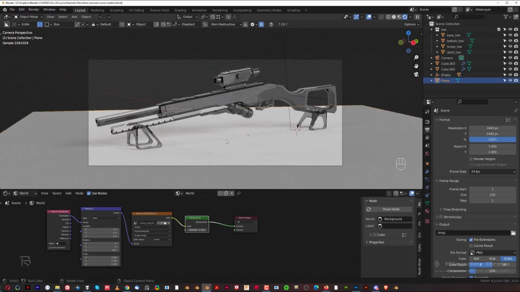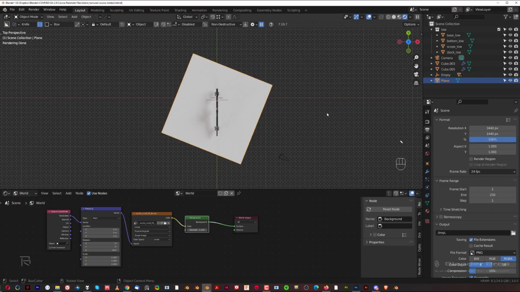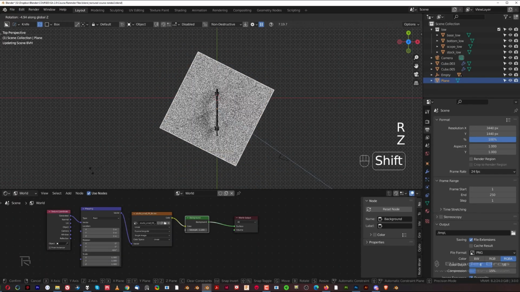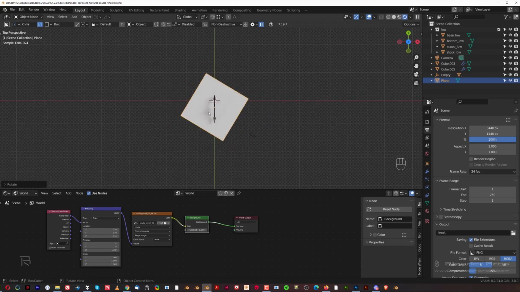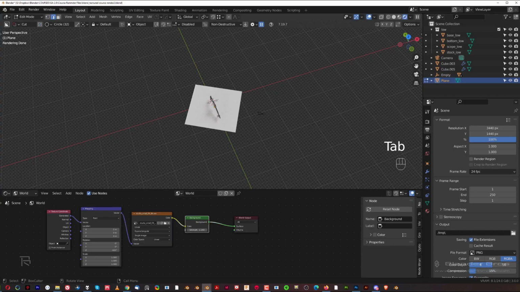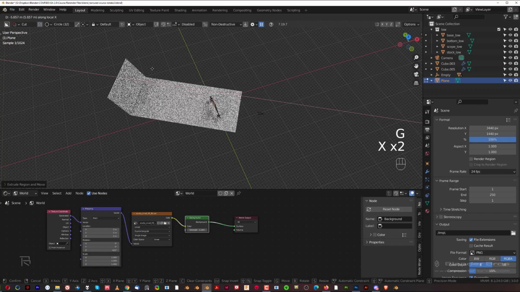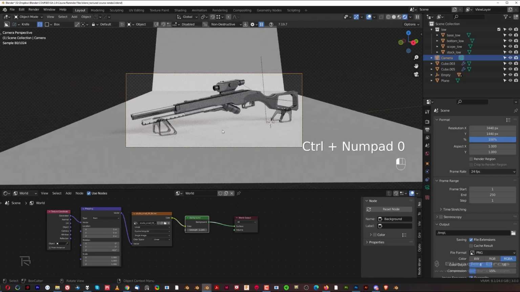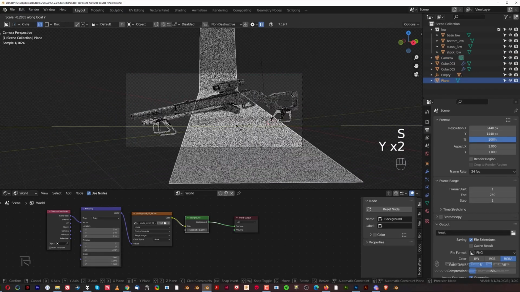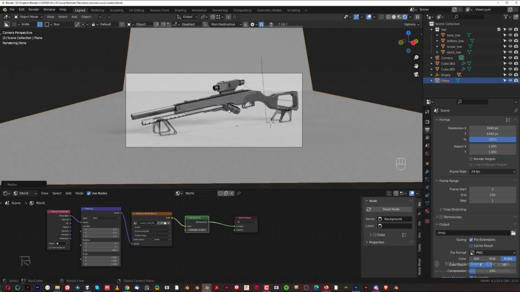Okay, so now the background, we need to extend it. First of all we need to align it to the camera. So RZ, and align it to the camera, so it's more or less perpendicular with the camera direction. And then GXX and extend it here, and then EZ, and then GXX, and do something like this. And let's see how we're looking. Okay, we're looking pretty good. So SY, SYY, and scale it on the Y-axis until